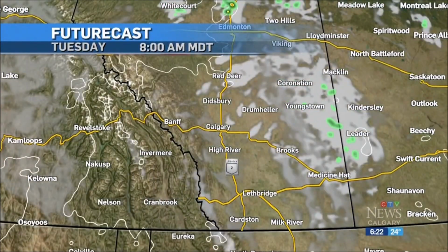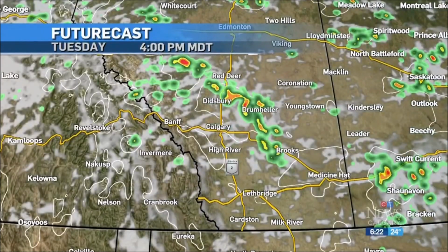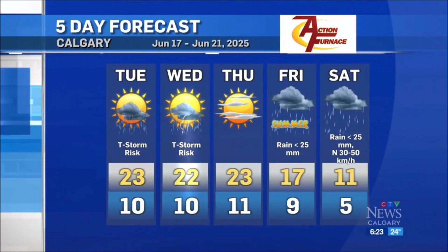So looks pretty cloudy, or mix of sun and cloud for Tuesday morning there in Calgary. But you see more of that convective activity as we get into the afternoon. Not concentrated much over the city, more to the east of it. Wednesday morning looking nice and sunny, and then once again start to see those thunderstorm cells develop east of Calgary. As we get into Thursday, beautiful sunny conditions with a high of 23, and then we see a big change